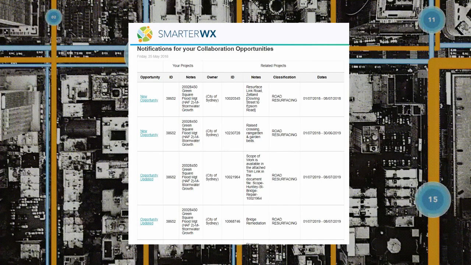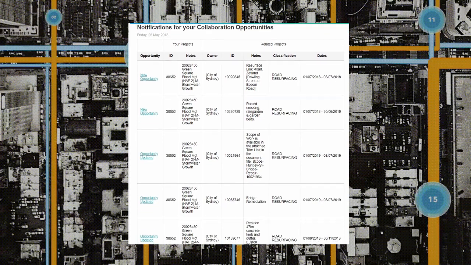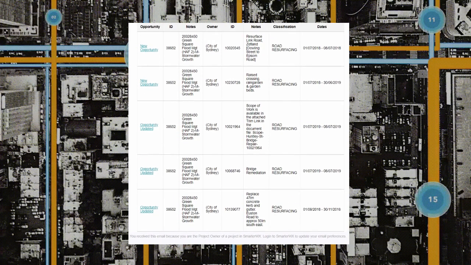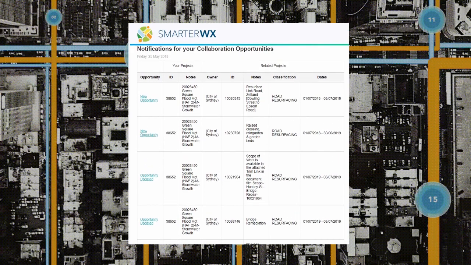At some point after you've started using SmarterWX, you're going to receive an email like this. This email notifies you that a collaboration opportunity, or many collaboration opportunities, have been found between your projects and other people's projects. The question then becomes, what should I do now that I've been notified that there is a collaboration opportunity? Well, the first thing to do is to click on the link in the email to view the opportunity